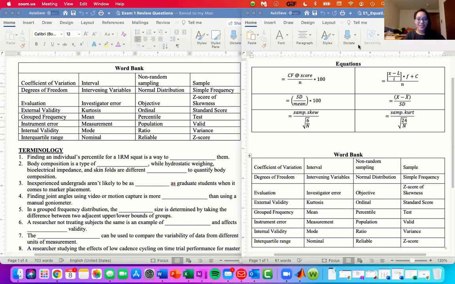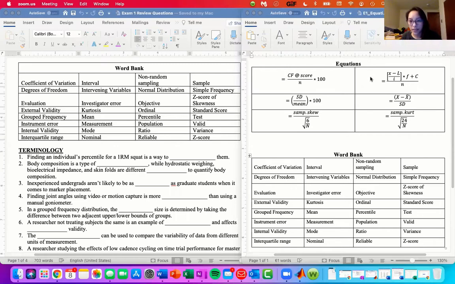Okay, so this is our exam one review. There is quite a bit of information packed into this first exam, which is why I broke it up this way. Might be a little bit more manageable than if we kept going. So kind of just to give you a rundown of what to expect,